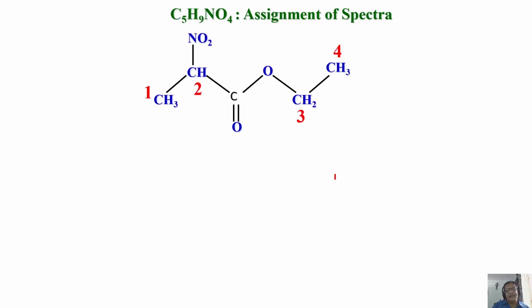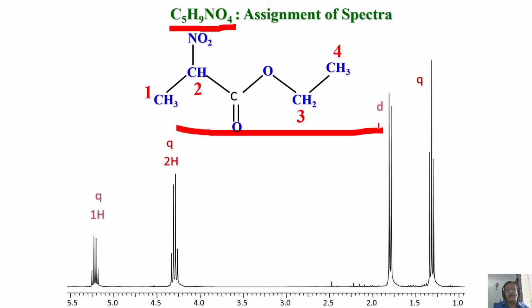Okay, we are slowly increasing the complexity. We are looking at the next spectrum of a molecule like this. The formula is known, and the structure is also given. This is the chemical structure. This is the NMR spectrum. Your life has become very simple because everything is marked. In this case, absolutely no need to spend more than 1 minute to analyze the spectrum. Maximum 2 minutes. The analysis is simple. You know how?